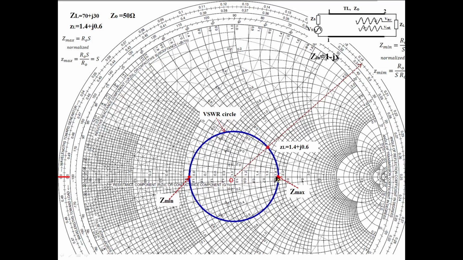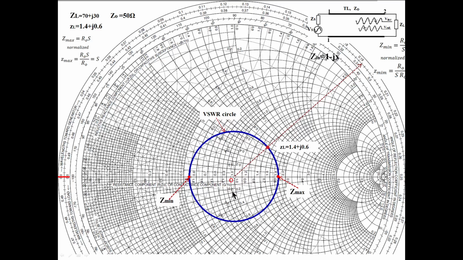Similarly, we can do this where the conductance value is 1. For example, from here, where I want to stop, I am moving like this. The conductance value changes, the resistance value changes, the reactance changes, all values will change. For example, I want to stop wherever conductance is 1. What can I do? Starting from the load point, go on moving like this. Wherever this VSWR circle cuts the G is equal to 1 circle, you stop.